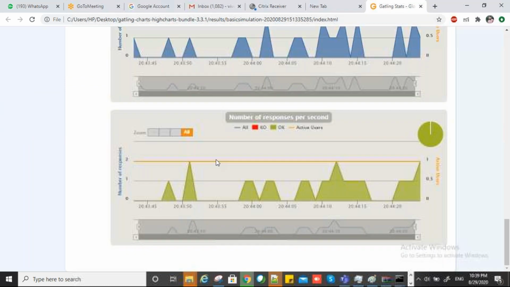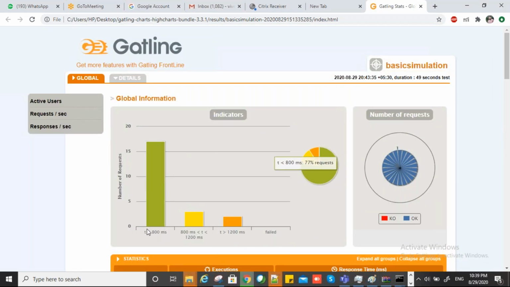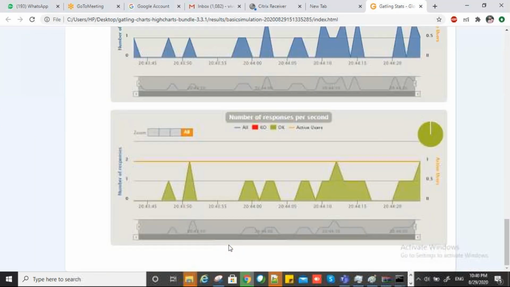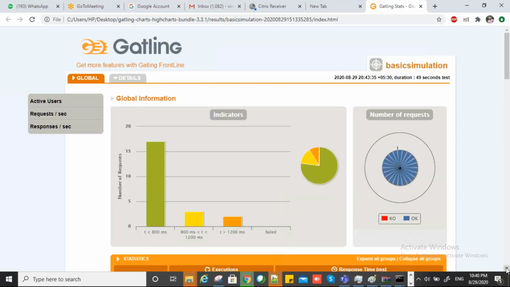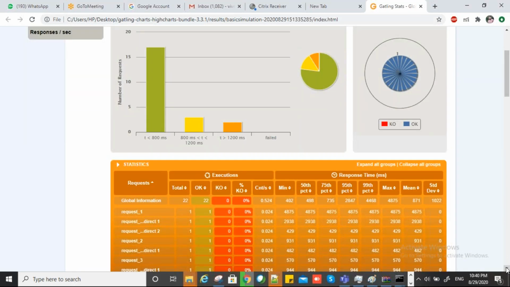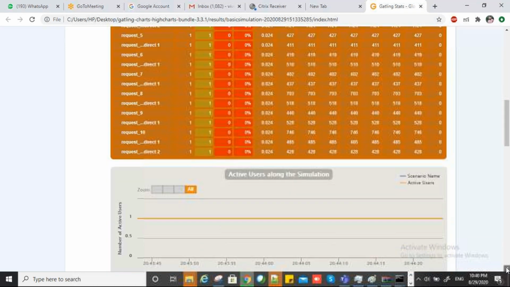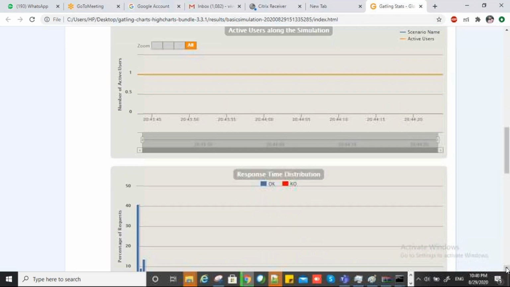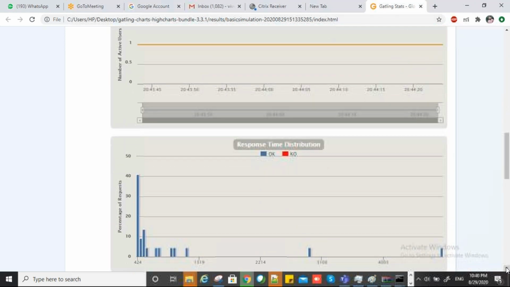So this is global information where you can see what the requests are, and which requests, say 70 requests, are taking about 800 milliseconds. This way, we will see how to analyze our report. You can see the basic structure, and later we will see how to find issues and how to analyze your Gatling report. We will see further. This is like your API scenarios and all this.